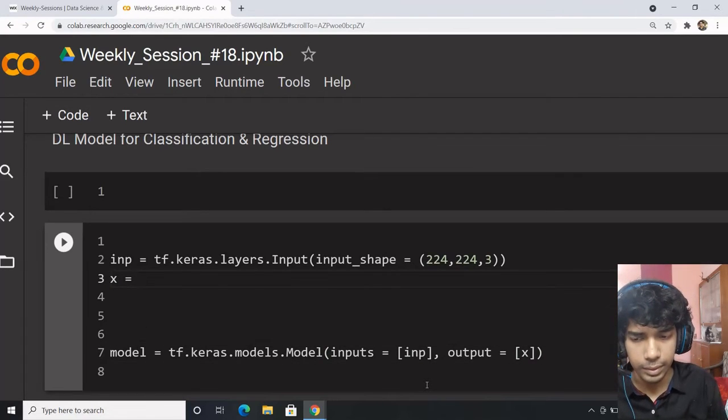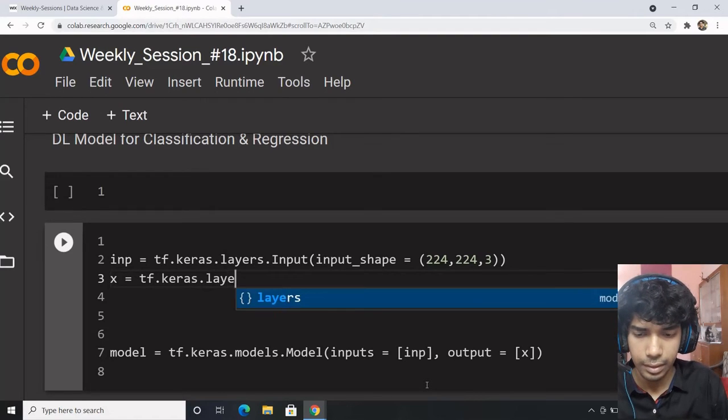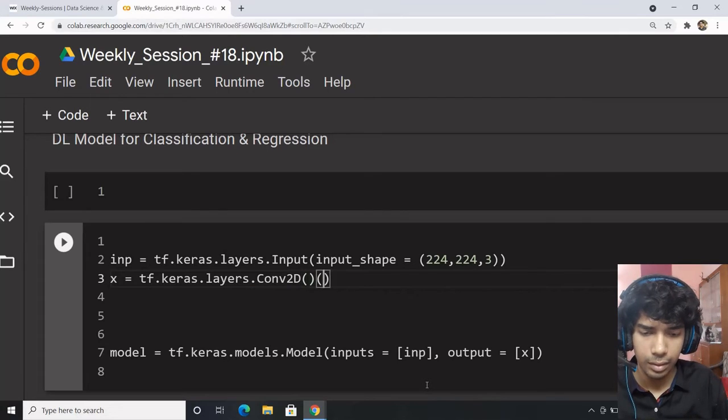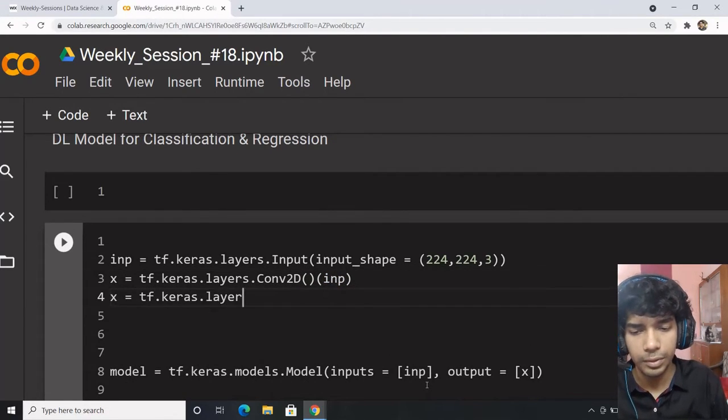So x equals tf.keras.layers.Conv2D, get the input through it, another Conv2D, let the input through it.